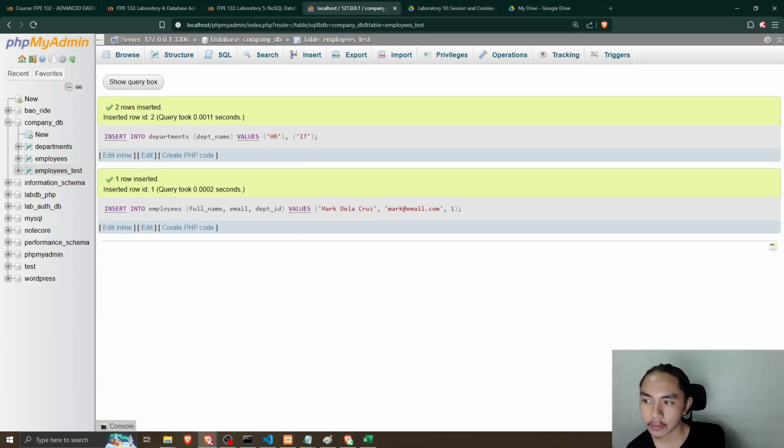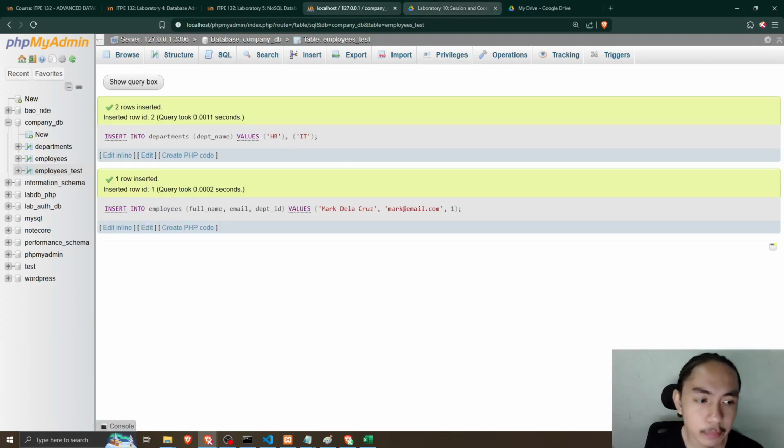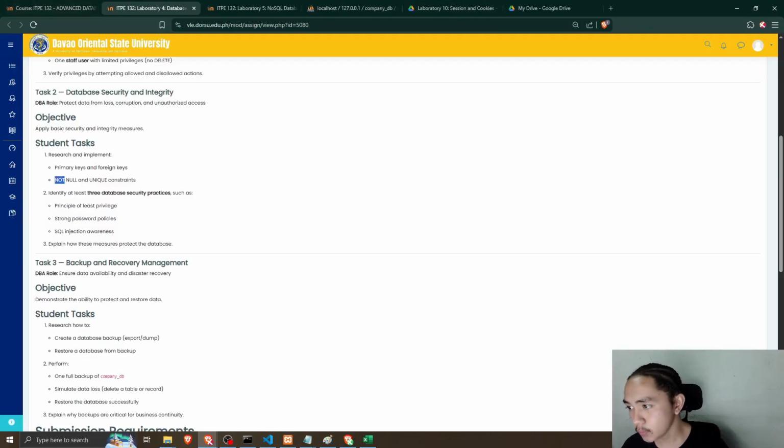Let's run it. Okay, so the principle of least privilege. For the explanation: give users only the permissions they need. Like staff has no permission to delete, so only the admin has the permission to delete records.